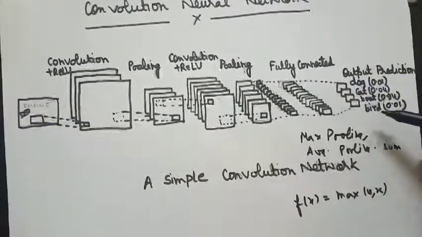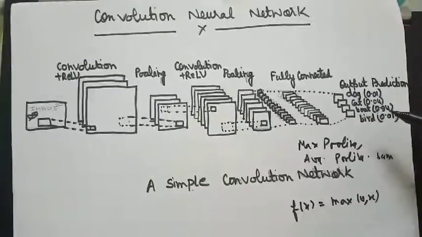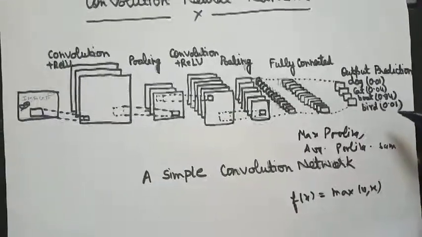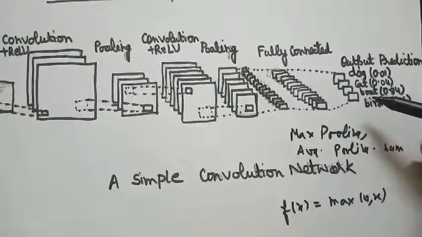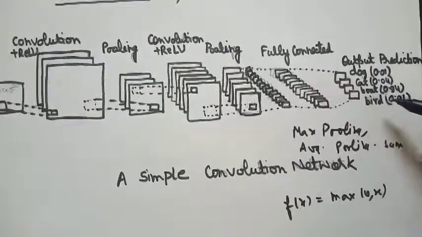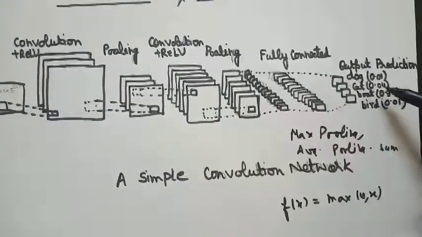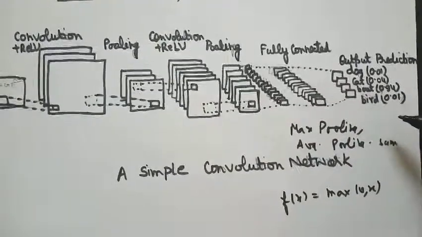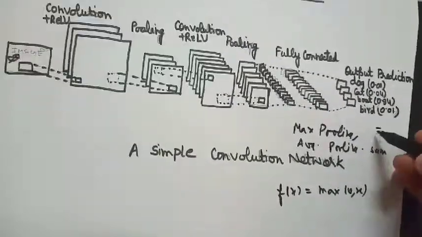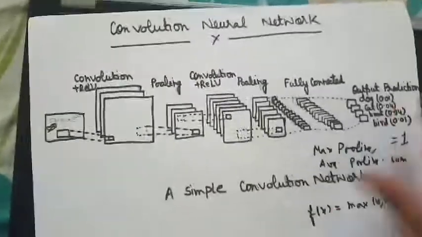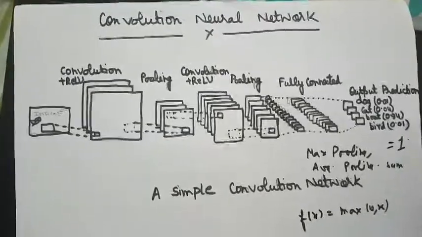For example, if in our image there is a boat, cat, dog or bird, then we can distinguish them by their probability. So we can see here that the probability of getting a boat in our image is 0.94, for dog is 0.04, for cat is 0.04, and for bird is 0.01. And you can say that the summation of all the probabilities is always 1. So this is a very useful algorithm in deep learning by the use of feature extraction.